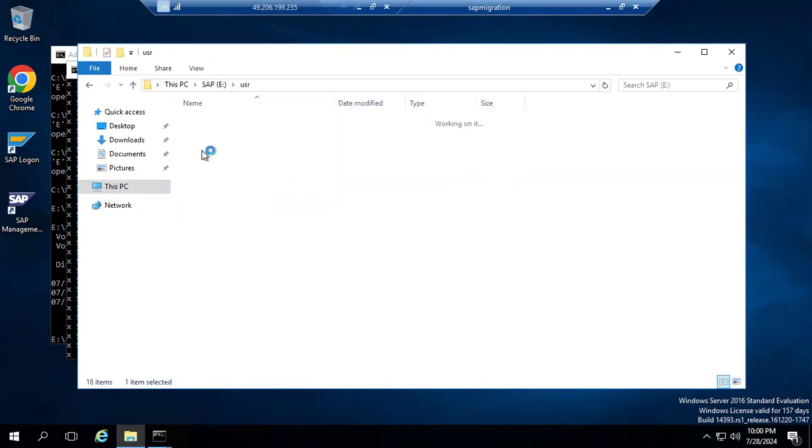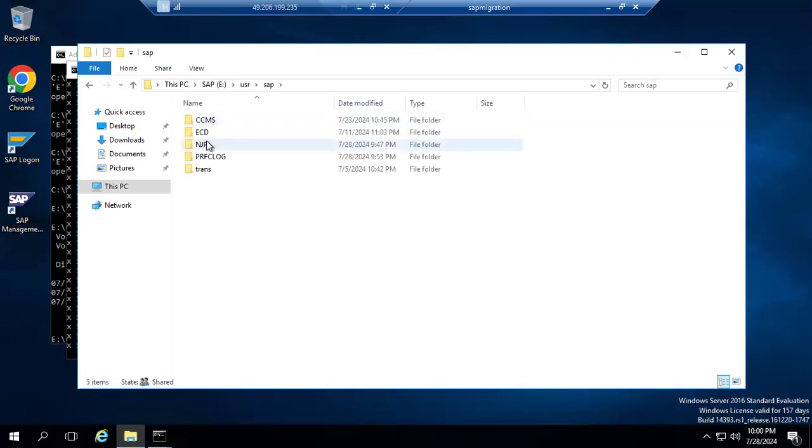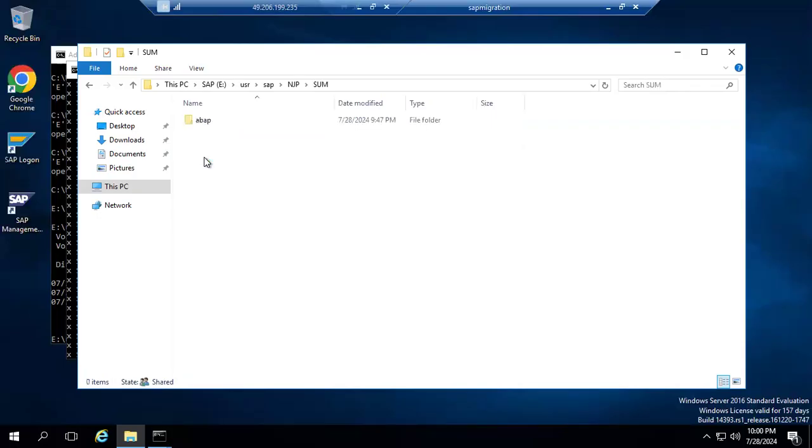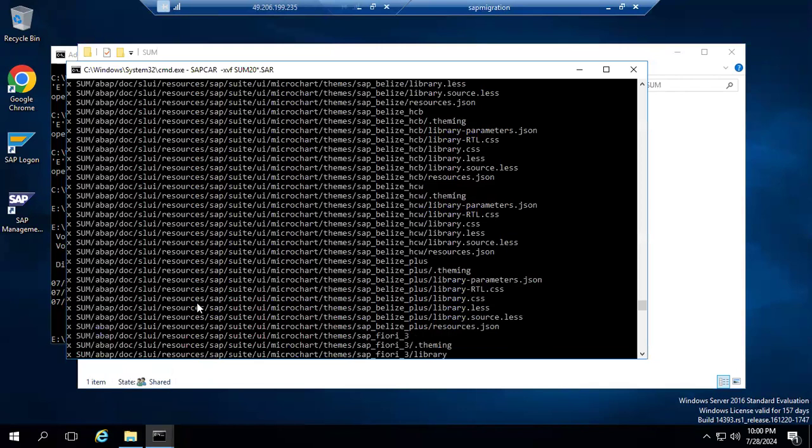Yes, sir. So SAP, NJP. We have the SUM directory. Okay, in the SUM directory, here you will get the files. Once it is extracted,